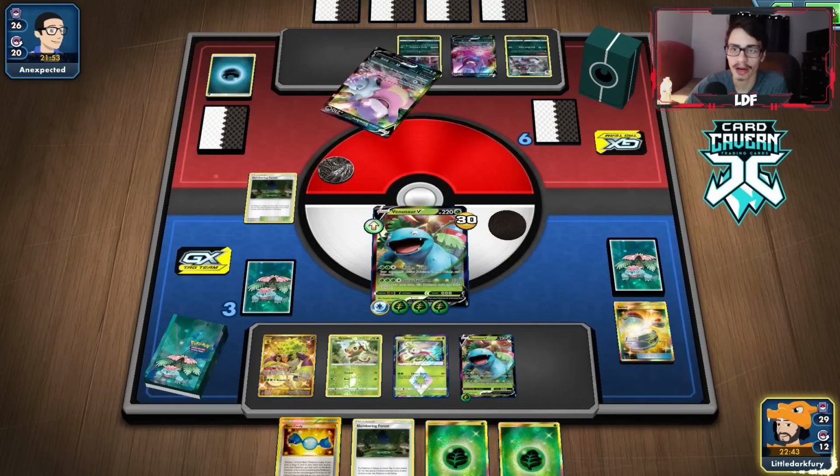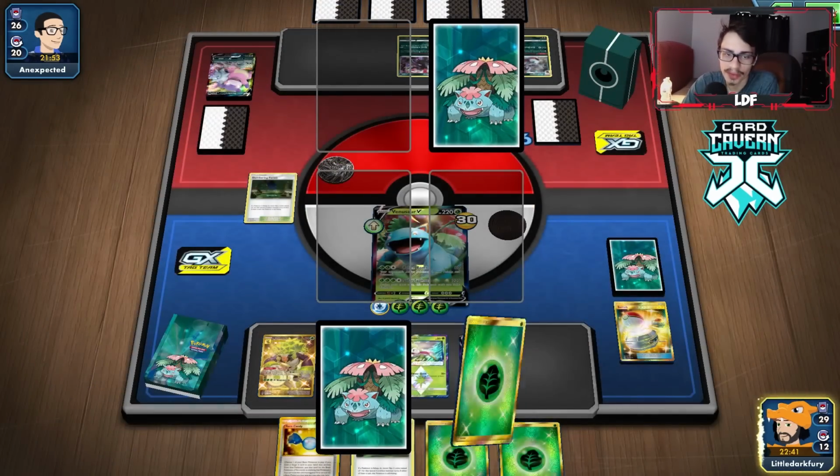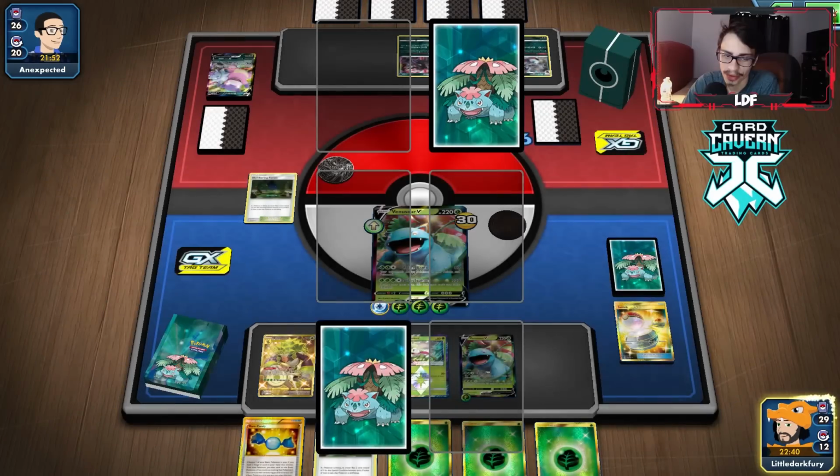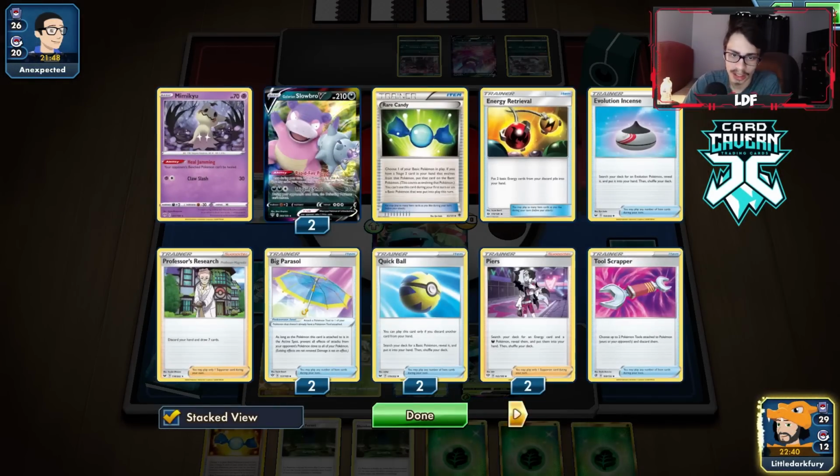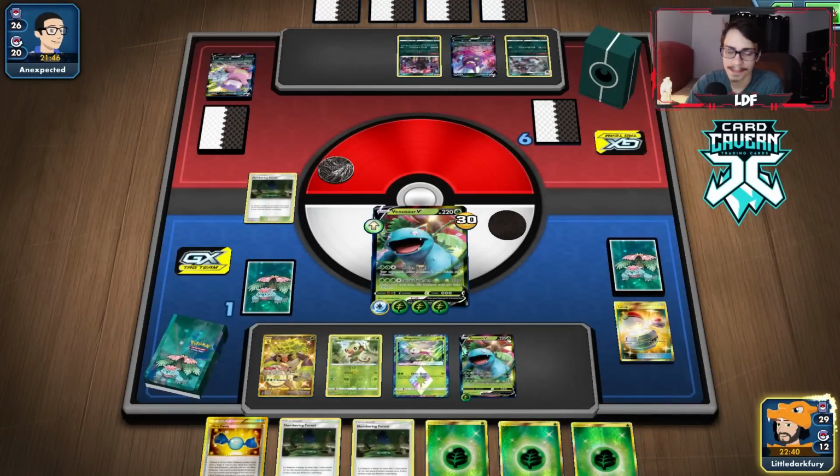We'll see what we get off our prizes here. I think we've won this game, though. There's no way they're going to win now. They can't go through 2 Venusaurs that easily. Plus, we still have that Pollen Bomb strategy. We haven't seen a switch get played yet. Yeah, it's just not looking good. I think we're going to win this game, but...